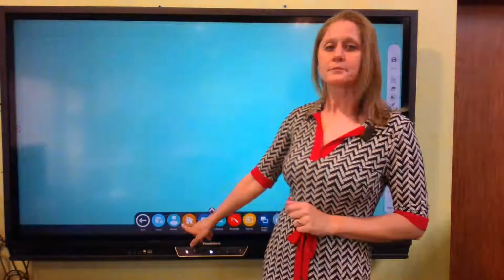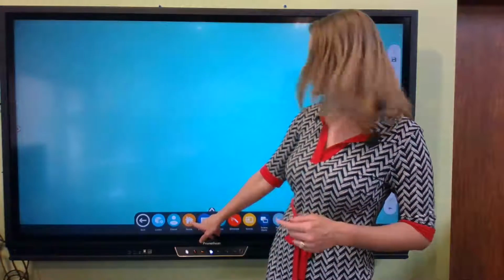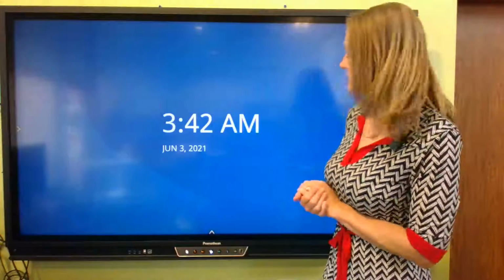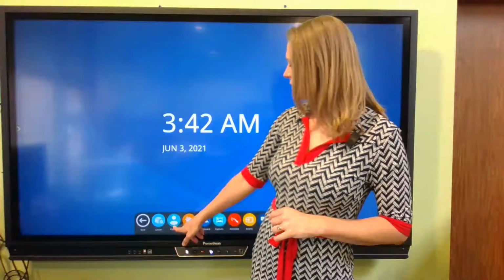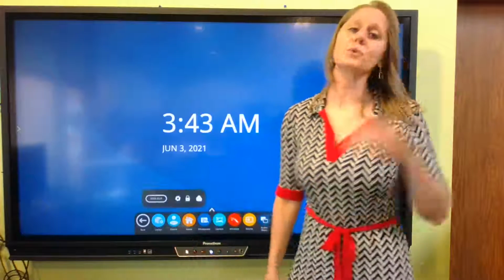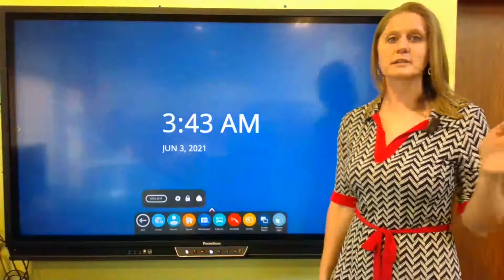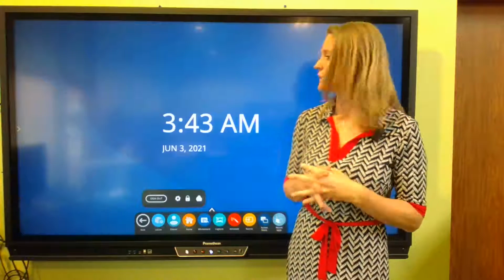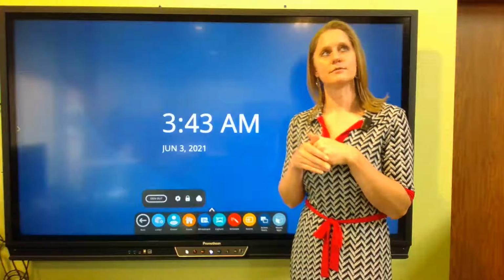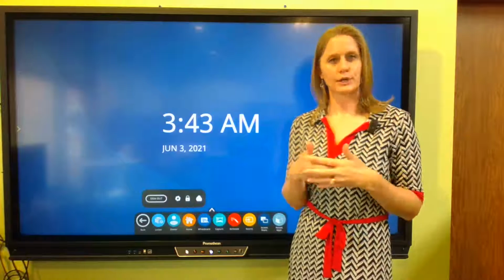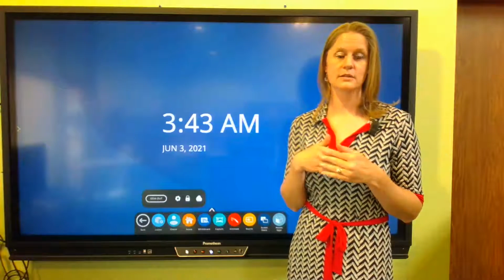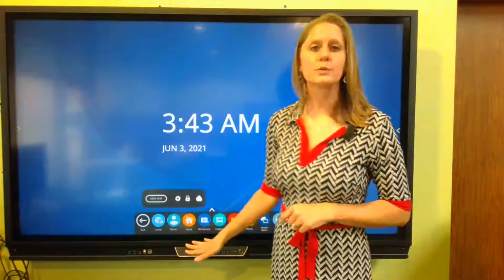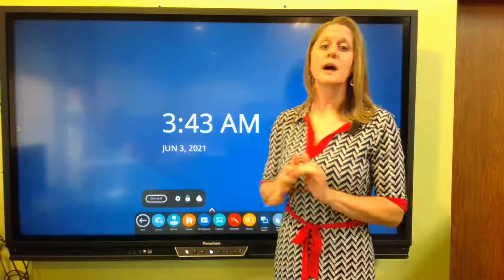Your home button, not a whole lot going on there. We said that one was just simply your time. Okay, not a lot going on there. Now I want to talk about the owner. So these boards have the ability for us to create multiple profiles on them. If you're familiar with an Android tablet or something like that, where you can create multiple profiles, and you can in fact even put in a security code to lock down certain profiles so that other people can't access your profile. These do have multiple profiles on them, but we are not going to be